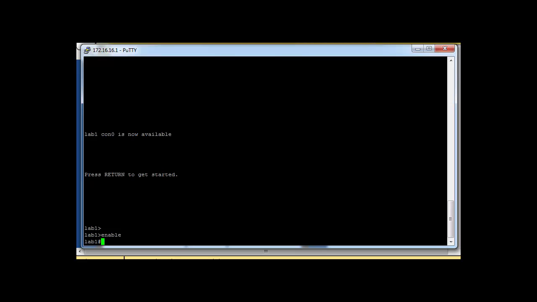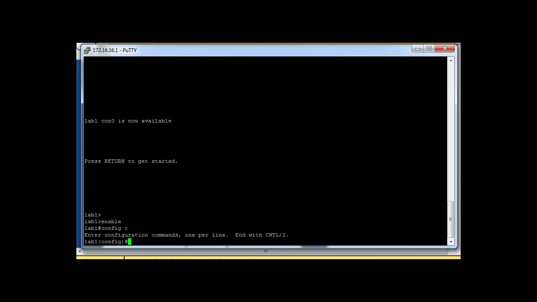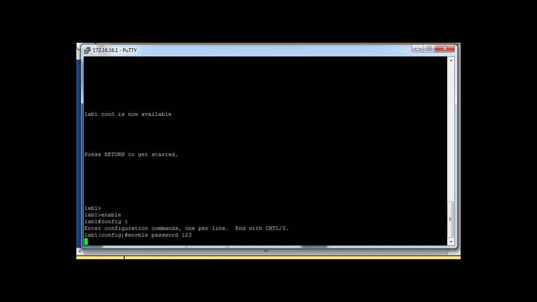There are two kinds: the first one is the normal password, the second one is the secret password. The normal password doesn't have any encryption method, but the secret password has the MD5 encryption method. First I will configure the normal password. Let's go to global config mode. Here the command to enable a normal password is enable password, then your password, 123.